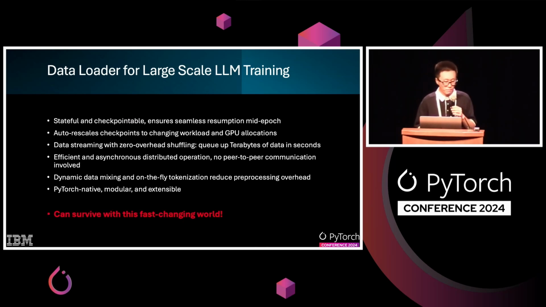But there's one more bullet point I want to add here, which is we think the data loader should be able to survive this fast-changing world. I want to elaborate a little bit on this part. We just mentioned shuffling in the third point. I think all of us here are very familiar with shuffling. We either use some built-in shuffling or we write our own shuffling for the data. However, all of these more or less rely on some in-memory data buffer in order to do proper shuffling. And that in-memory buffer tends to grow linearly with the amount of data you have in order to do true